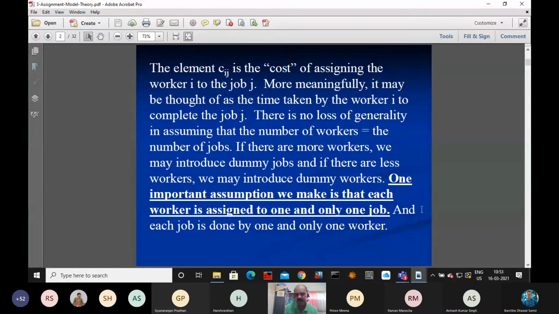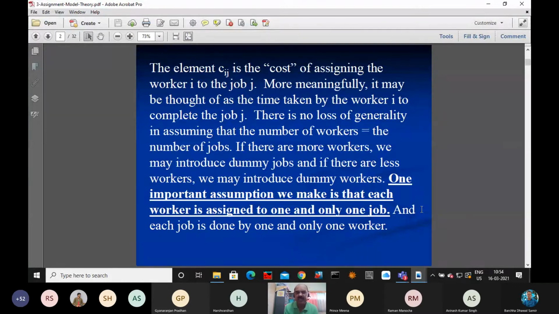Yes, sir. Okay. So as I already mentioned, there are two types of assignment problem, minimization type as well as maximization type. We are only solving the minimization type. If it is required to solve a maximization type problem, we can also solve it. How to solve? Simply multiply by a minus sign. So minimization of z is the same as maximization of minus z, and proceed. There is no other methodology. That's all.